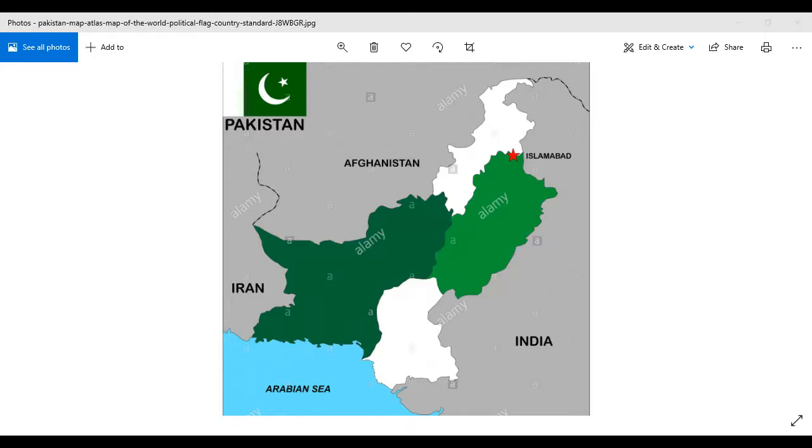So like this map of Pakistan, we have a map of the world as well, which tells us at which area a country is, how much area that country covers, and what the neighboring countries of that particular country are. So through that we get to know the information about each and everything, right?